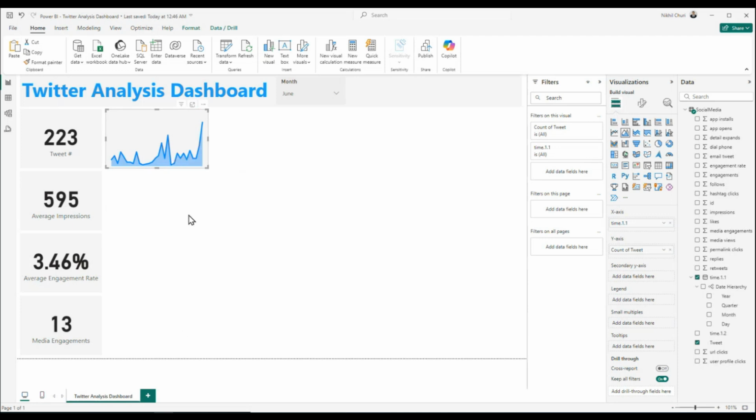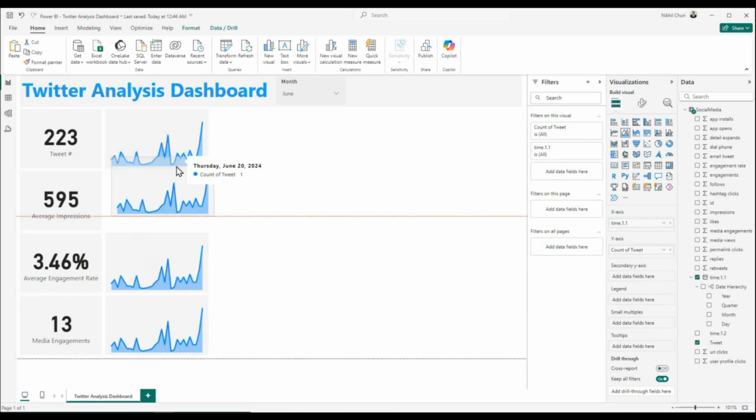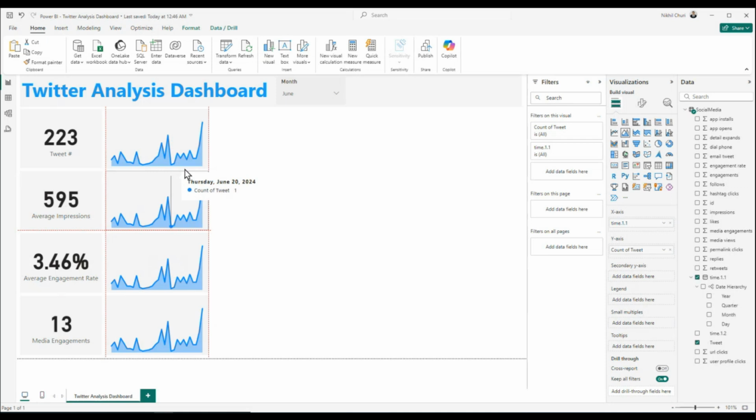So Control C while this is selected on my keyboard. Then Control V1, Control V2, Control V3. So 3 more of the same replicates have been created. Then realigning these. This also realigning. Great. Next, let's go ahead and fix these 3 area graphs with respect to the average impressions,